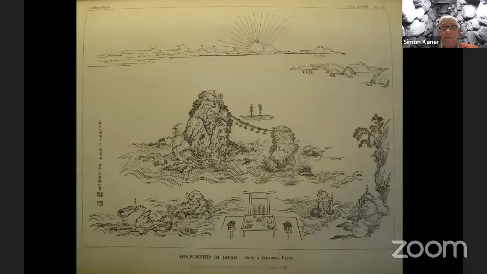And most intriguingly for me, he also then illustrates the end of the report with this rather splendid block print of Futagami Gaoda, these two rocks which are very important in Japanese Shinto mythology, with Mount Fuji in the background and the sun rising over Mount Fuji. And he concludes that just like in Japan, sun worship was clearly very important to the people of Stonehenge. And he also concludes, on the basis of the antler picks that he finds in his excavations, that Stonehenge was built by pre-metal using peoples.